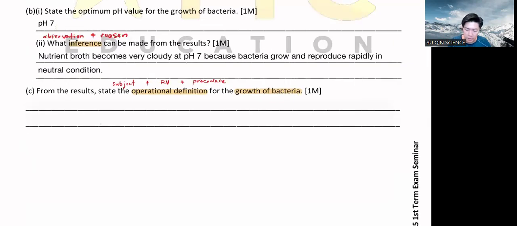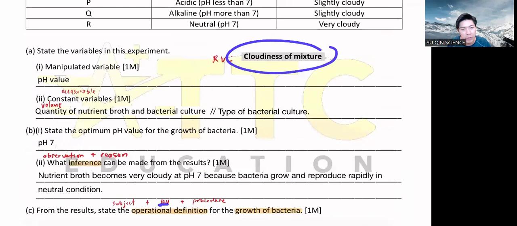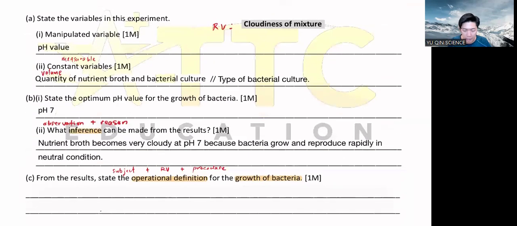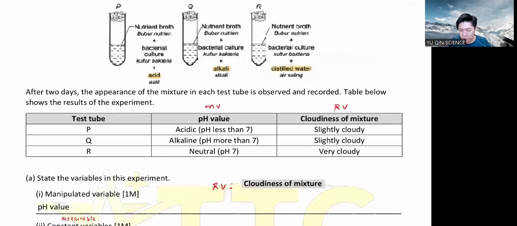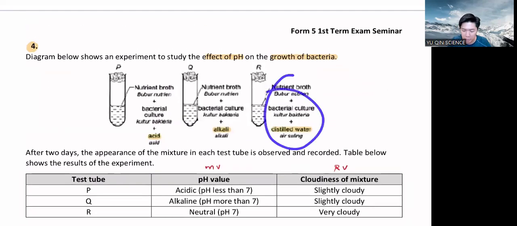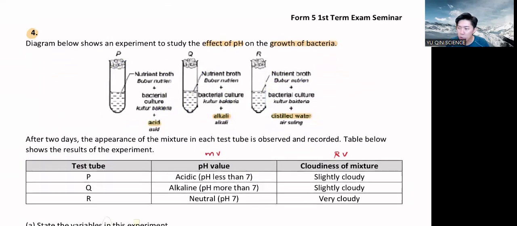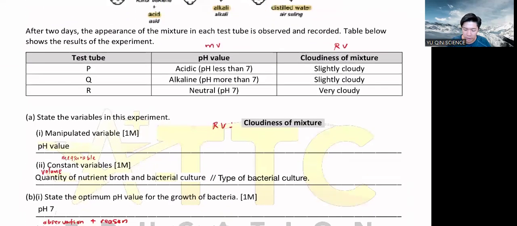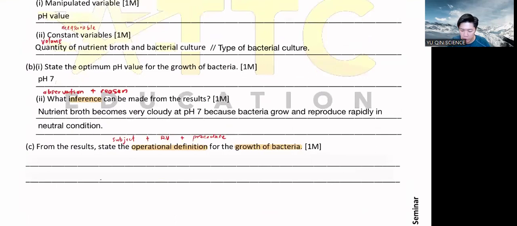So this is your subject. Growth of bacteria is what you want to answer. Then responding variable, and procedure will be when they are mixed together. You want to construct it all into one sentence. You have to decide what the subject is. Is growth of bacteria a substance? Not really. A principle? Not really. You've got to try different words.